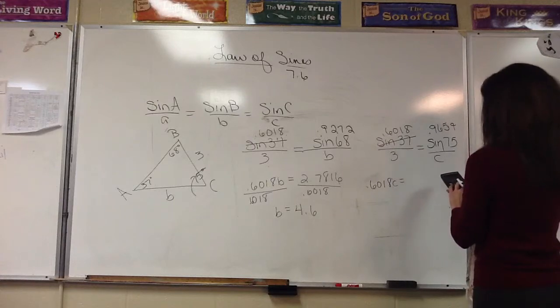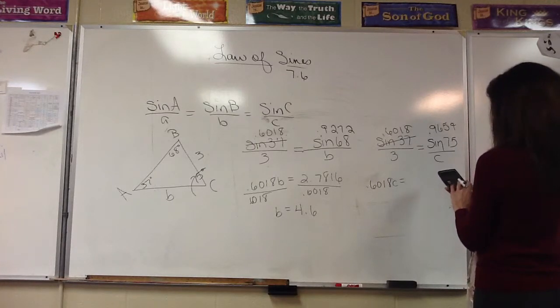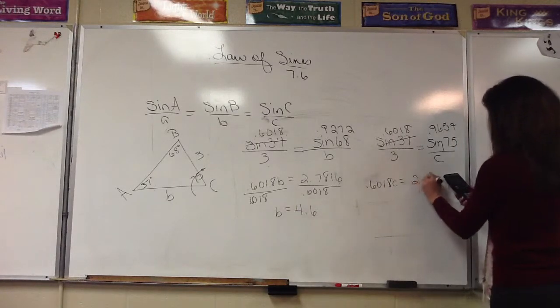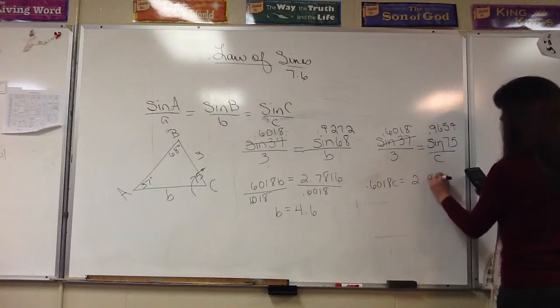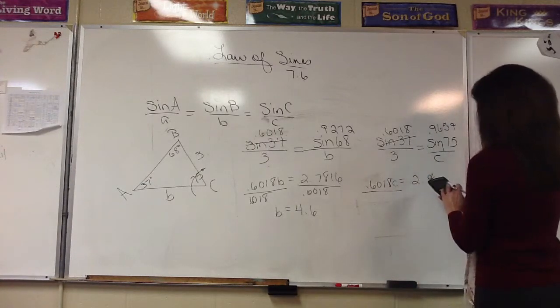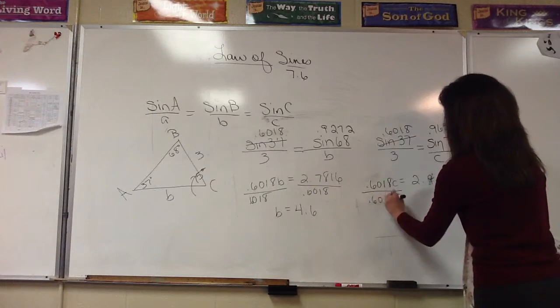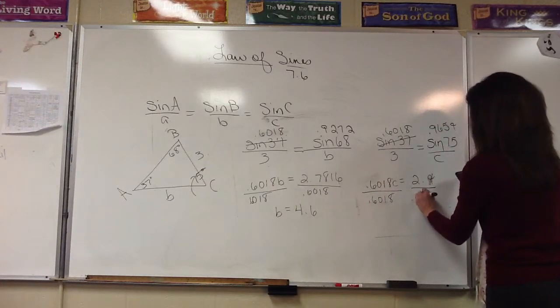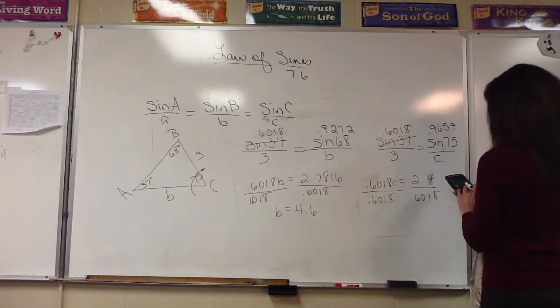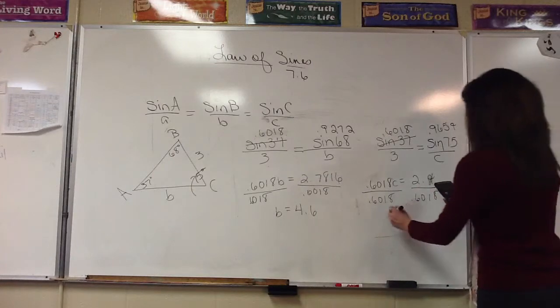And 0.9659 times 3 is 2.9. And then I'm going to divide that by 0.6018. And we see here that